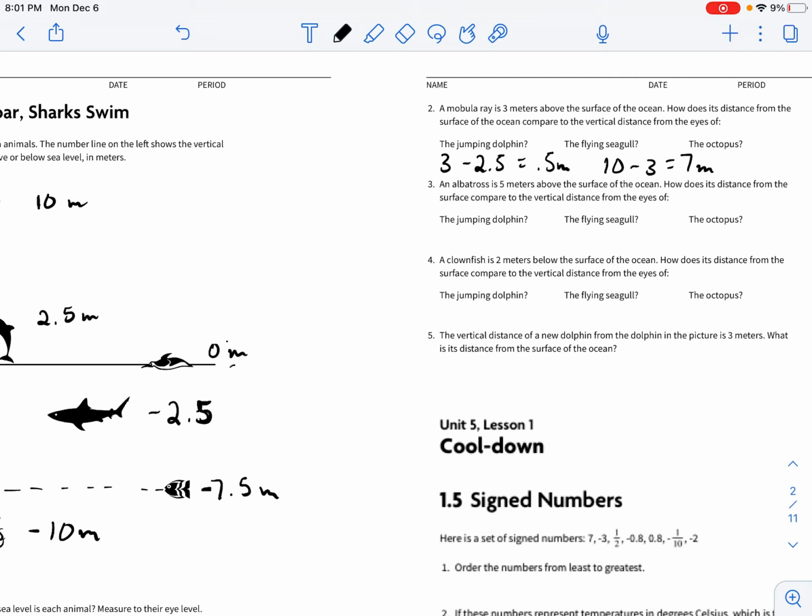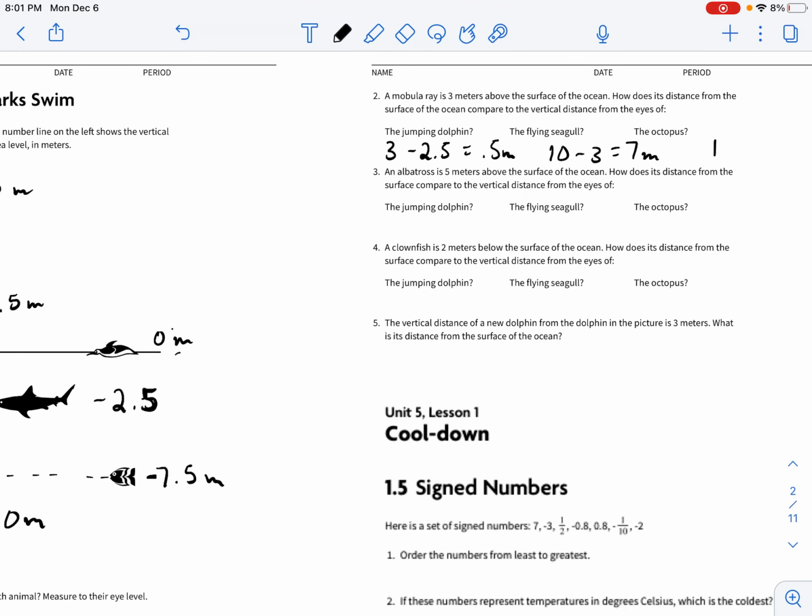So just once again, I'm answering that question. How does its distance from the surface of the ocean compare to the vertical distance from the eye of each animal? So it's 0.5 meters higher than the dolphin. It's 7 meters lower than the seagull. And then it is 13 meters